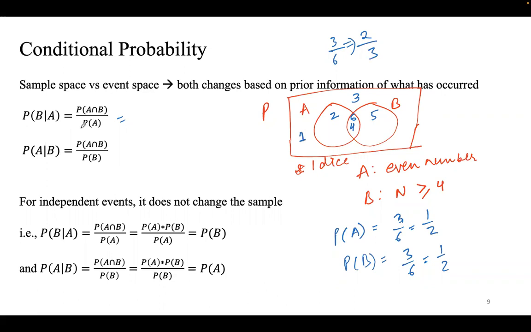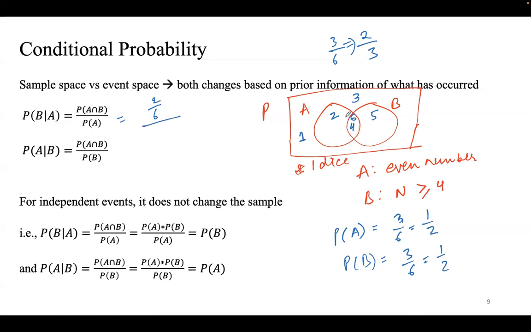Now we can also get this by using this formula. So what is the probability of A intersect B? What would I write in the numerator? 2. So it's probability, right? Probability will always be of a fraction form, even though the denominator is going to get cut, but still, right? So it's probability of A intersect B.